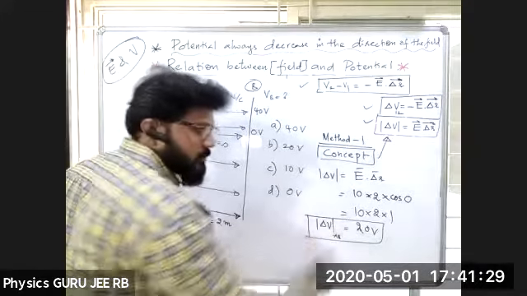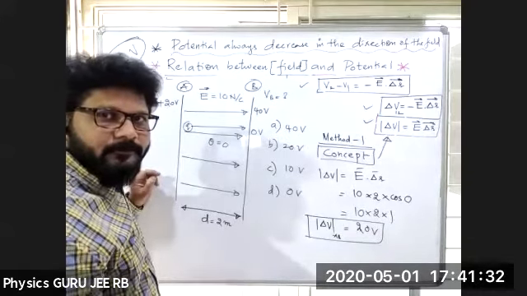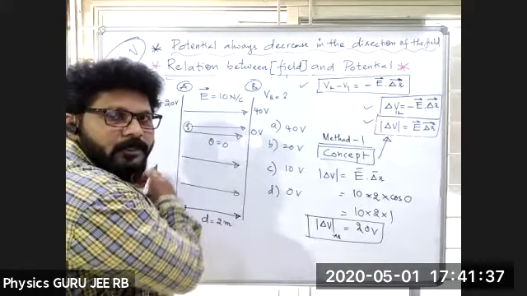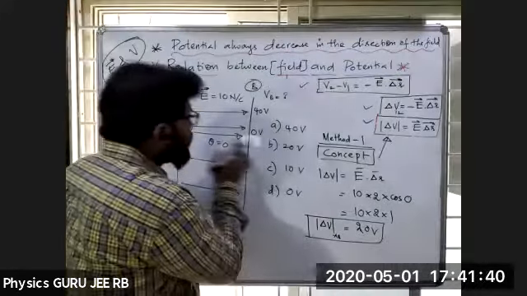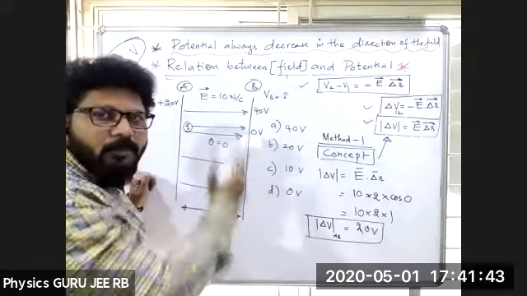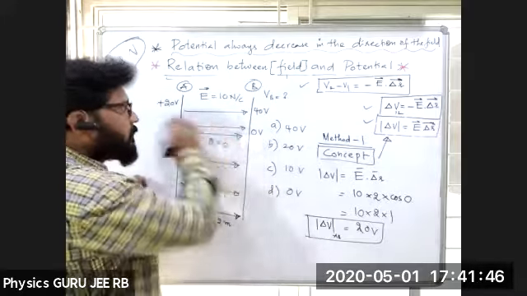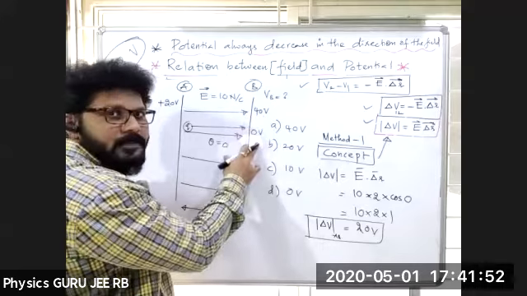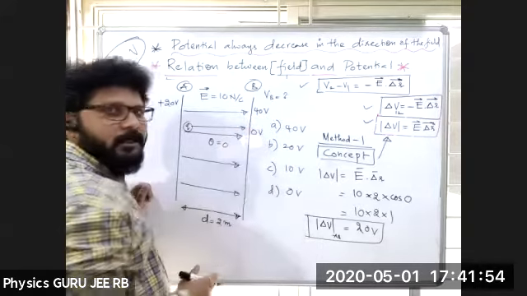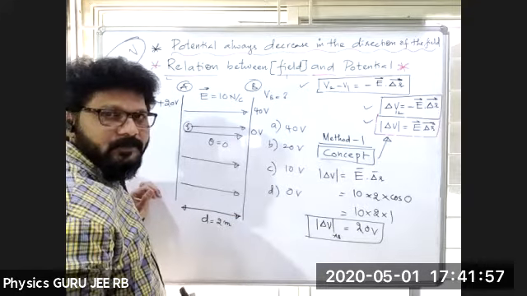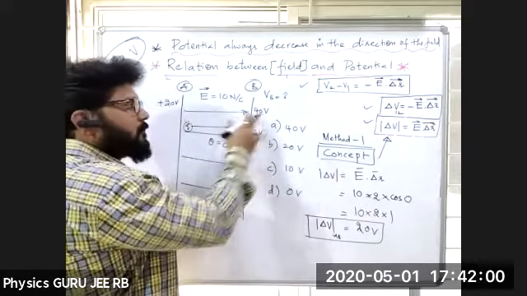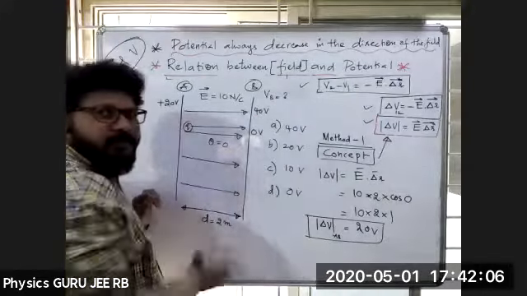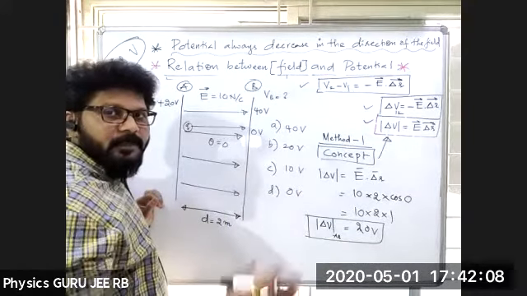See, the potential difference we have to get is 20 volts. The potential on the plate is already 20 volts. If I want the potential difference between these two, that means here it may be 40 or 0. Which will be the correct answer? Either it is 0 or, for example, 40, meaning VB minus VA, correct? If it is 0, VA minus VB, correct? Which will be the answer now?